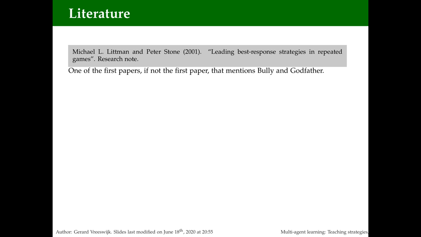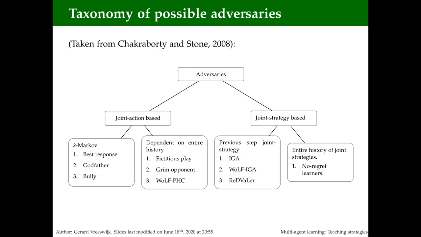Bully was first proposed by the researchers Michael Littman and Peter Stone as part of a more complex strategy in which Bully was just a part. Bully fits within the so-called K-Markov joint action-based reply rules, which contrast with, for example, fictitious play that depend on the entire history, and Bully, for example, does not depend on the history at all,